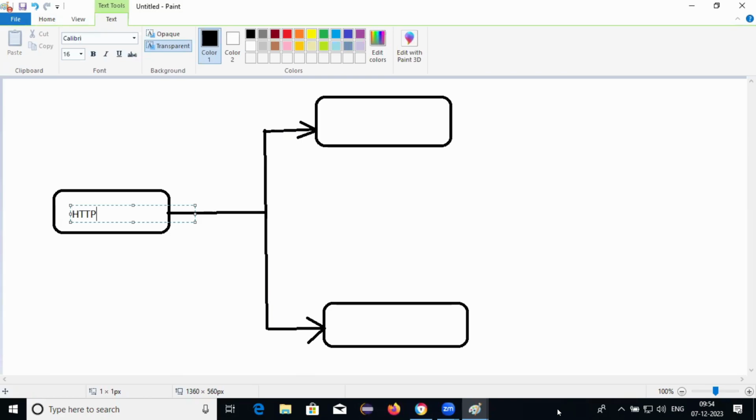What is HTTP? Hypertext Transfer Protocol. Hypertext Transfer Protocol services or security. Services or security. For example,